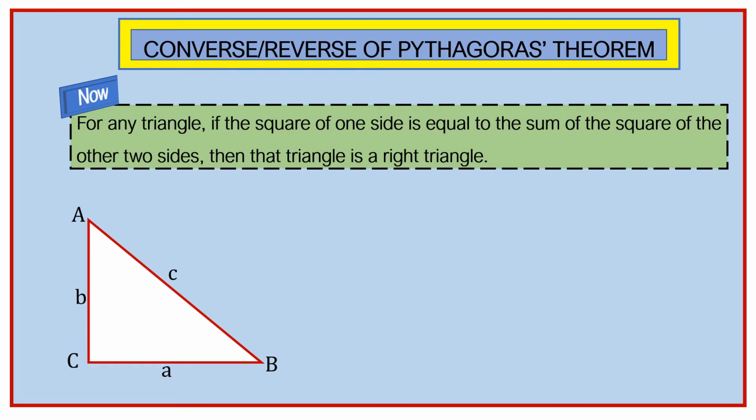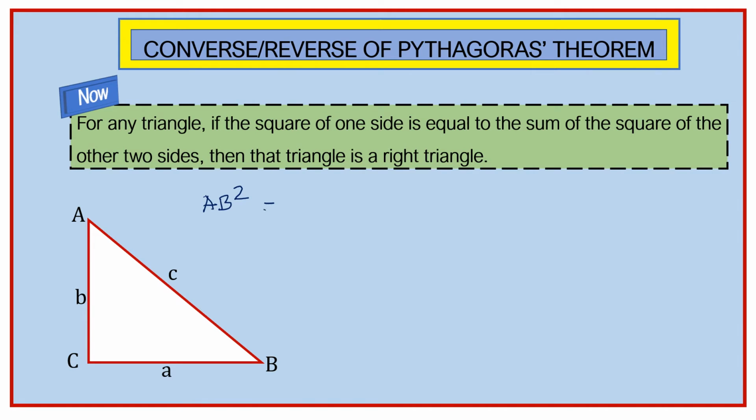Look at this triangle. We don't know if it is a right triangle or if it is not. But if the hypotenuse, that is AB, if we square it,